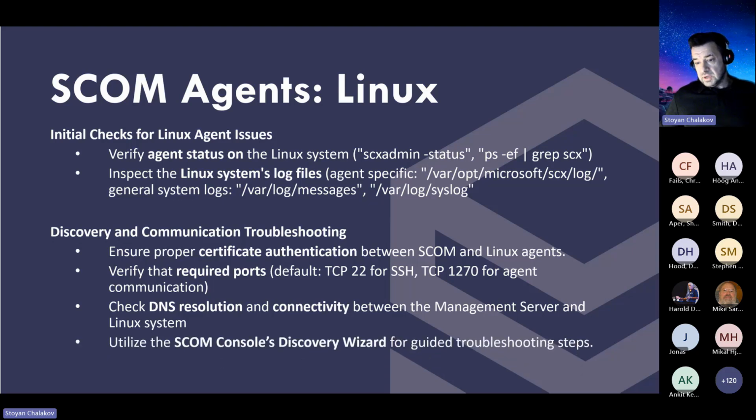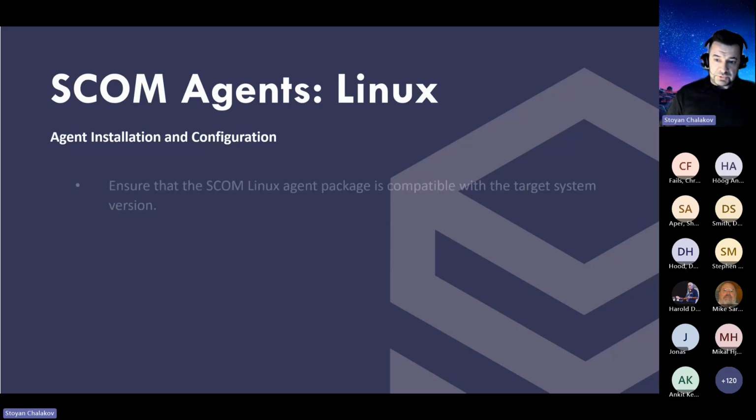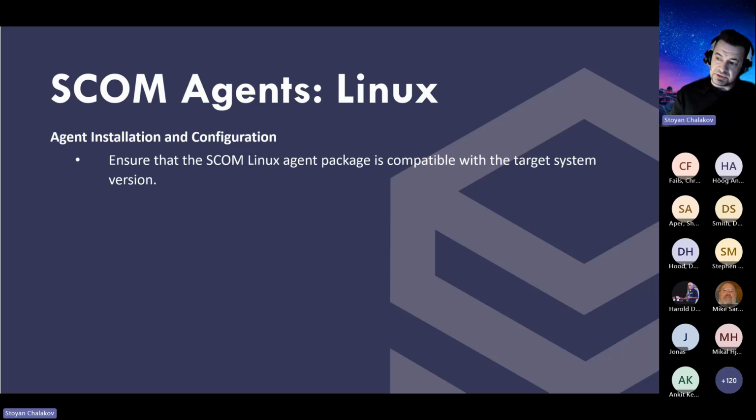And of course, if you use the SCOM console discovery wizard, you'll get to discover certain agents. You'll get very, very helpful tips while doing this, helpful tips regarding troubleshooting your agent. And one more area will be agent installation and configuration. There, what you need to do is to ensure that your Linux agent package is compatible with the target system